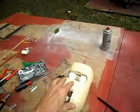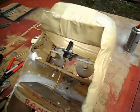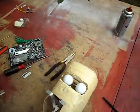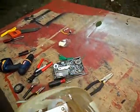I put on a second coat of white paint on the eyes. I even did the backs. Didn't really have to, but I did. So that part is all right. Everything seems to be shaping up. If you notice, I took the top off. I cut the